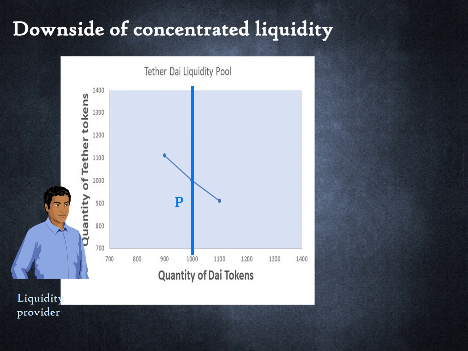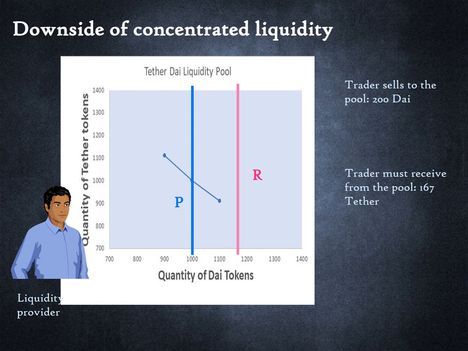Consider what happens when there is increased volatility in the market. The price of Tether appreciates to the point that 1 Tether is equal to 1.2 DAI. A trader sells to the pool 200 DAI. In return, the trader must receive 167 Tether, but Bob has contributed only 100 Tether tokens to the pool. Hence, Bob's tokens are effectively removed from the pool for the purpose of this trade and Bob earns no fees